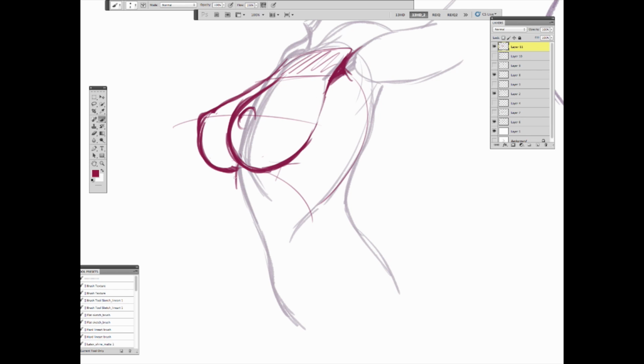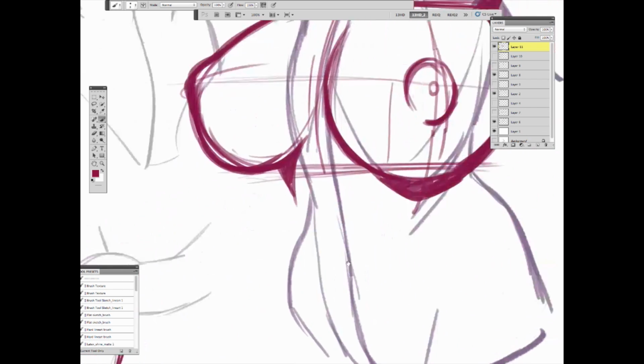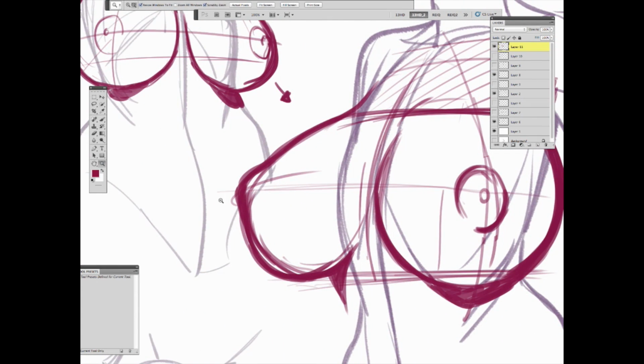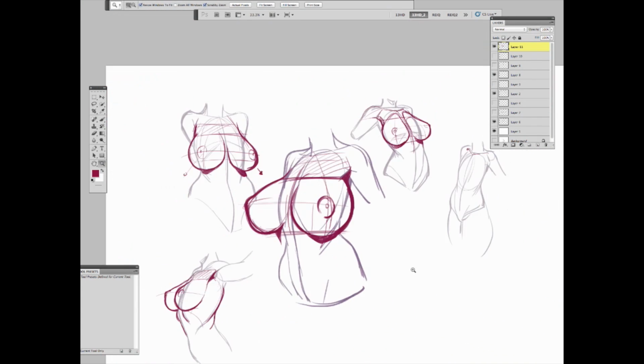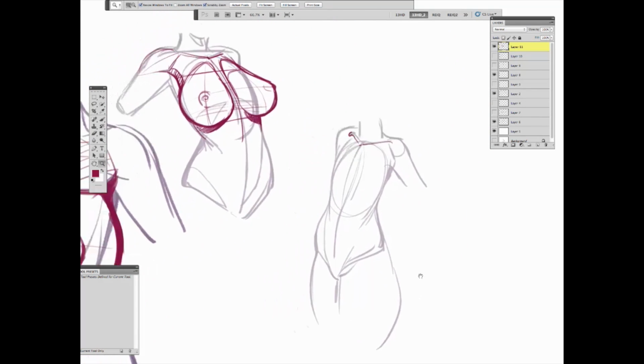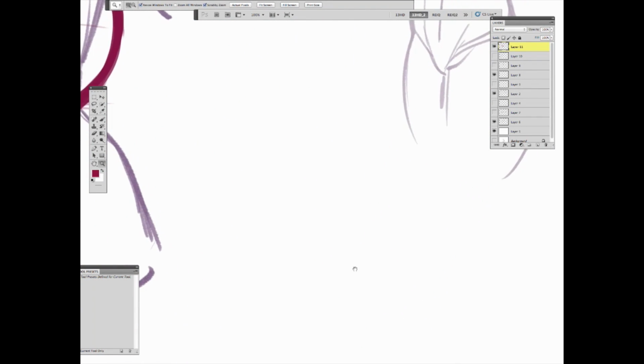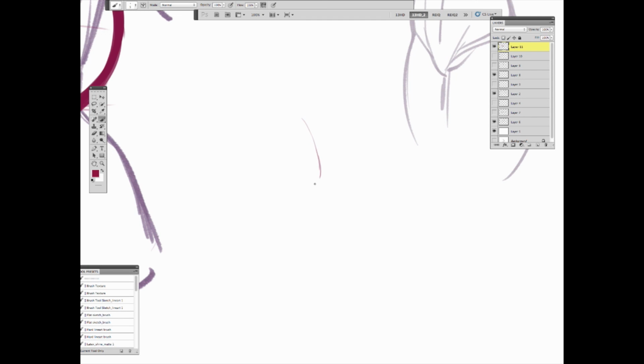It's all about placement. It's all about understanding that there is a rib cage under it, and then from that you can draw whatever you want on the breast. Okay, so that's basically how I draw the breast. And if you go for a lower point of view, then we can have the rib cage here,